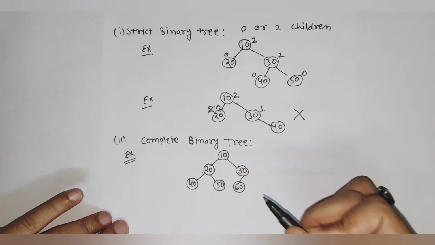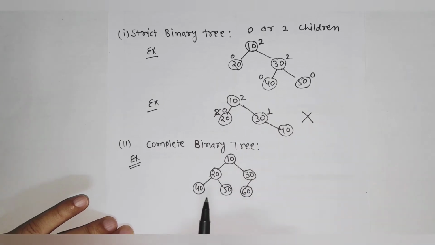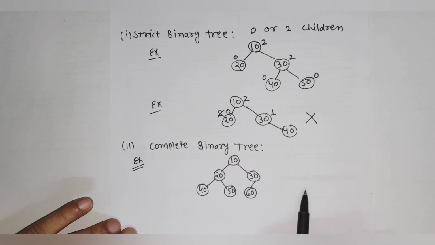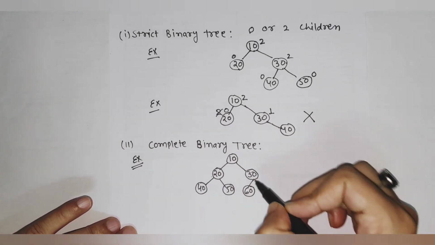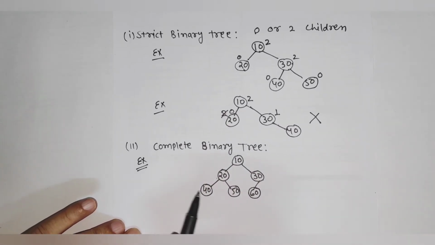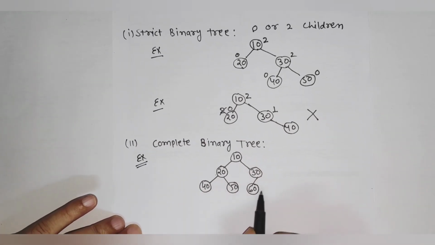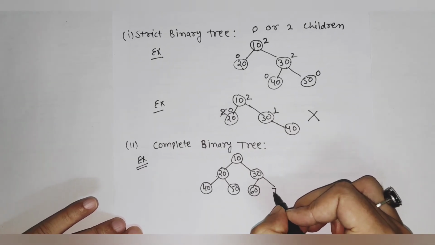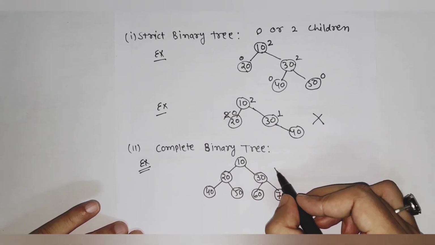You will find multiple definitions of complete binary tree. In some books you will find this tree called an almost complete binary tree, because some books consider that the last level is not completely filled, so it is called almost complete binary tree, but in some books you will find this as a complete binary tree. Now if I add one more node, then also it is a complete binary tree.